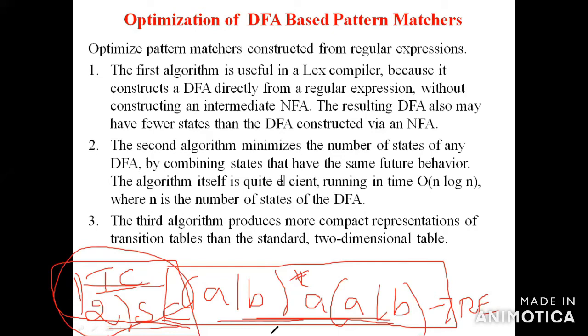Your homework is (a bar b) the whole star, a bar b. Similarly, you can try another problem also. This morning I solved a star slash b star the whole star. You can solve this problem also: (a star slash b star) the whole star. So I'm giving two problems, and you have to solve them in two different methods. The first method is the Thompson construction algorithm. The second method is the subset construction algorithm. Okay, it's clear.